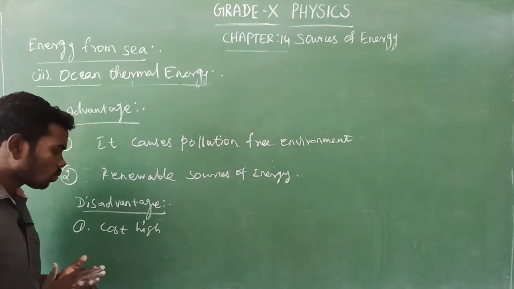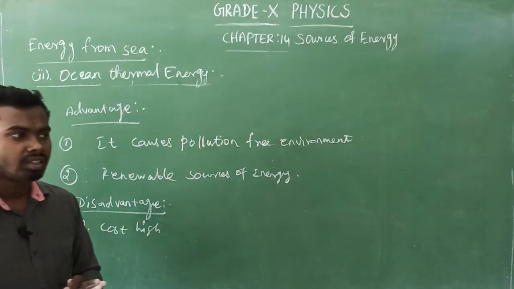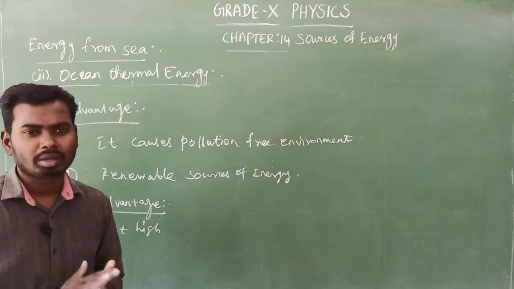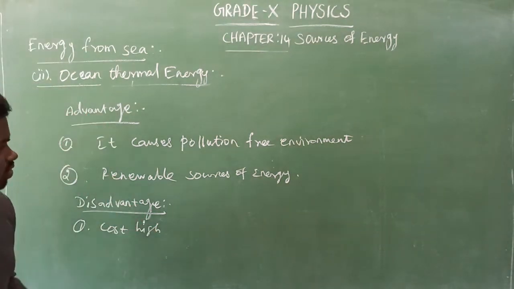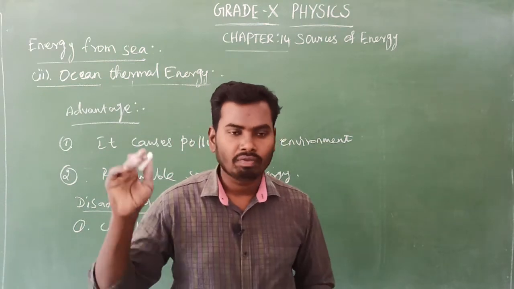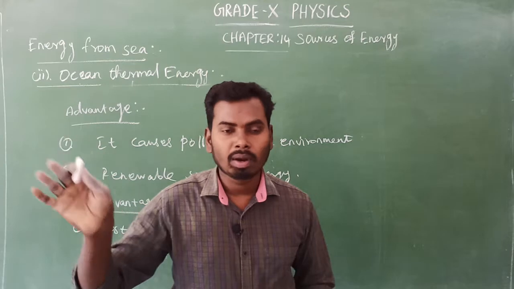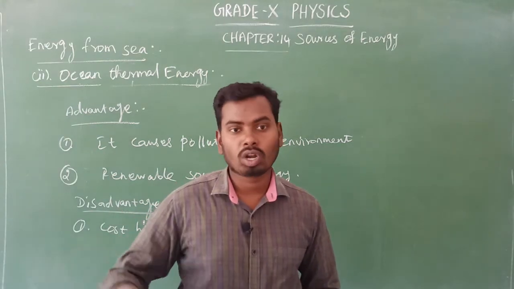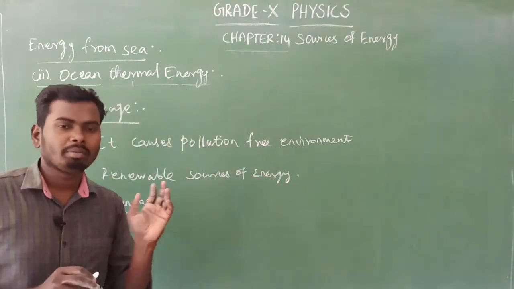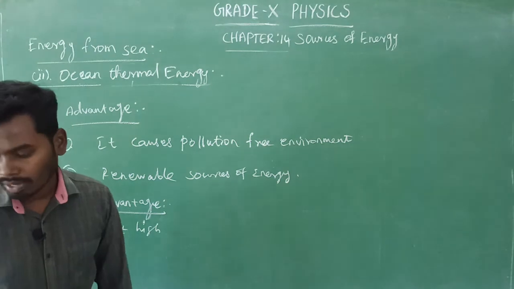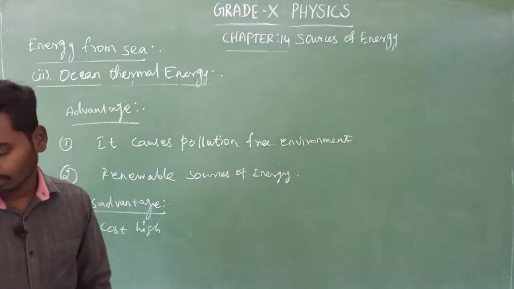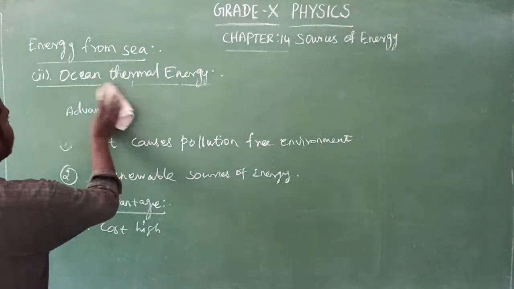Okay, yes. Next one, the production of electricity level is minimum with this equipment. With the help of this ocean thermal energy, the production of electricity level is minimum. Whereas wind energy, hydroelectric energy, and thermal power plants produce a much larger amount of electricity, but with the help of this ocean thermal energy, electricity is generated in a very minimal amount. That is another disadvantage. You write it down in your classbook note. Okay, that's all about the advantage and disadvantage of this one.